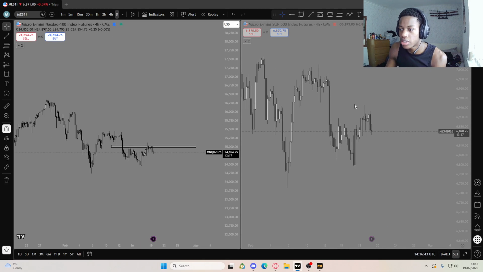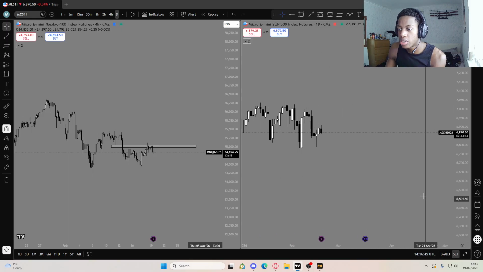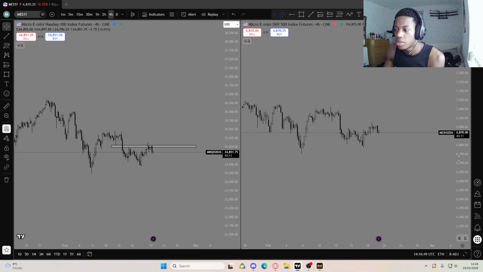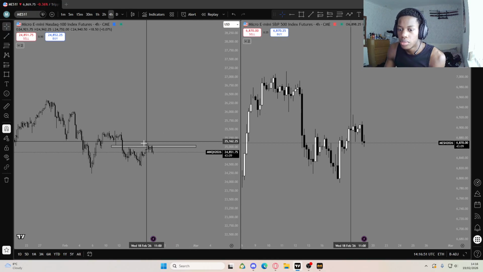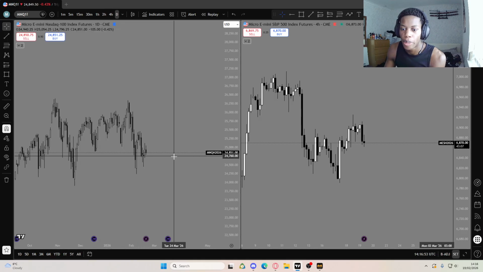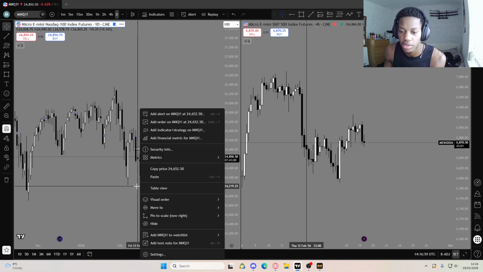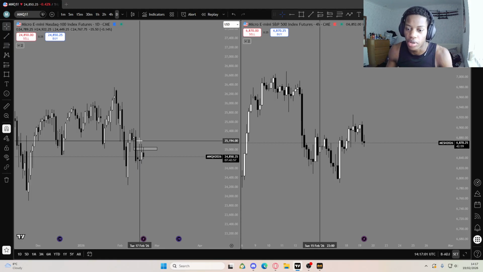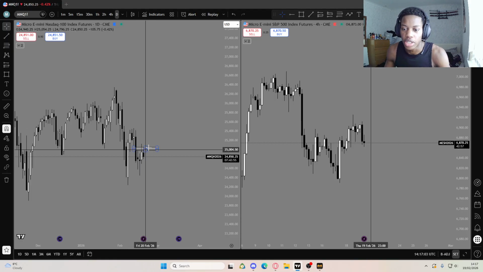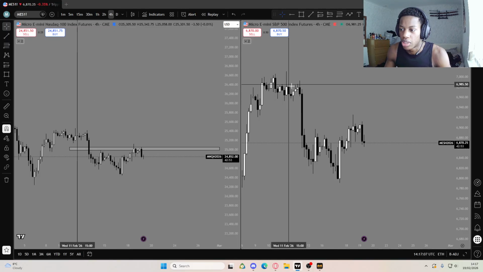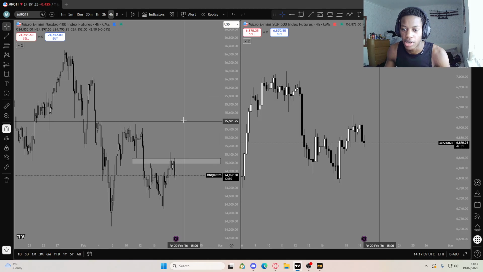It's the same on ES, respecting that gap. And if we were bullish, this move up would have been a lot bigger. Well, yesterday or last week in general would have been a lot bigger. We got rejected in that gap. In the 4 hour, that means we should have a big retrace into the fair value gap.